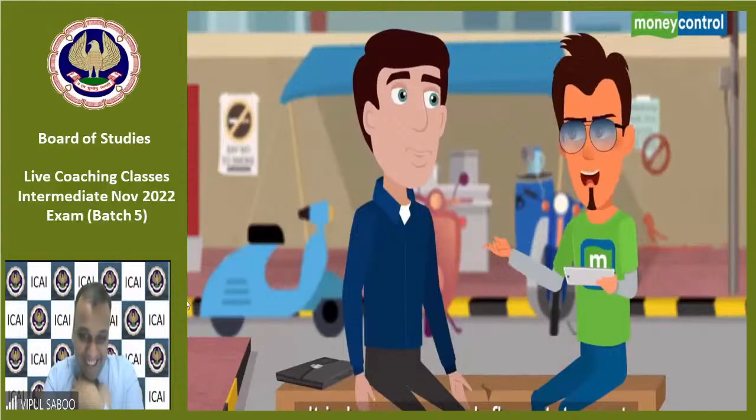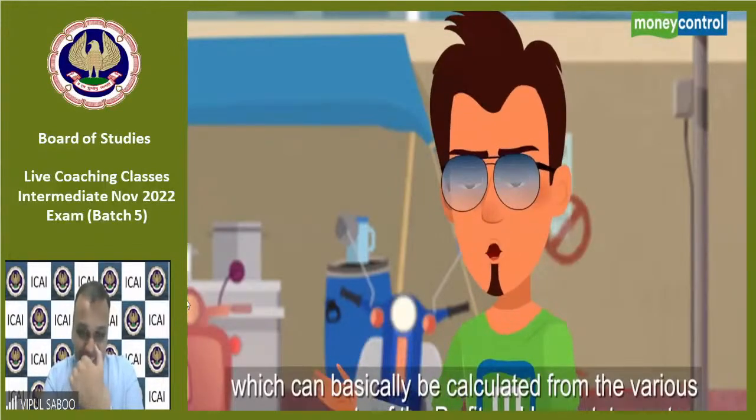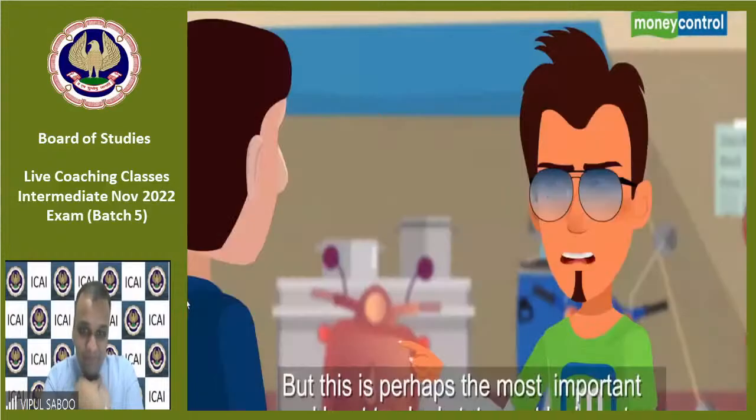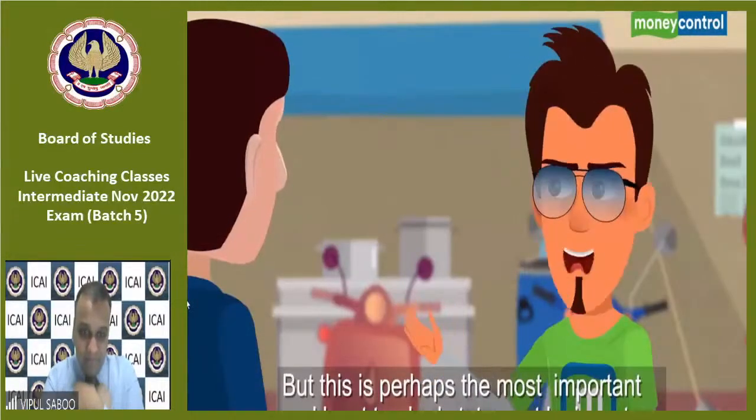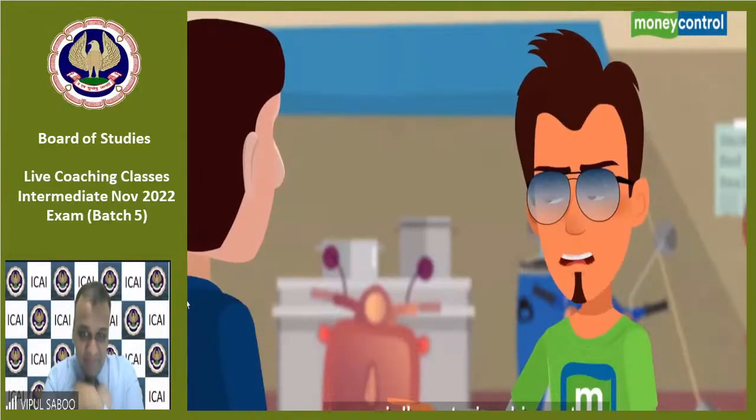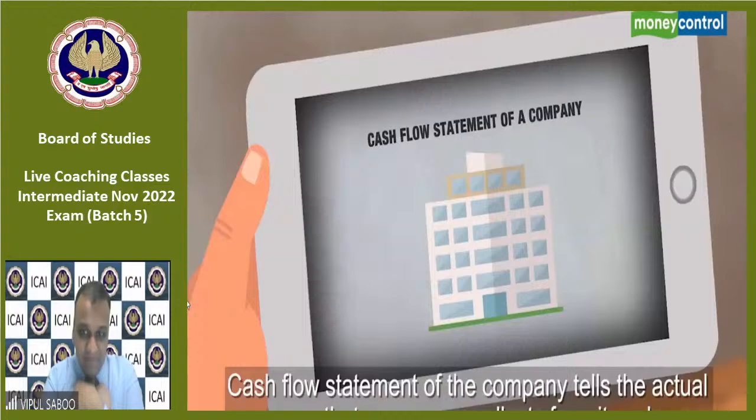What about the third statement that business reports? उसको कैश फ्लो स्टेटमेंट कहते हैं, which can basically be calculated from the various components of the profit and loss statement and the balance sheet. But this is perhaps the most important and least tracked statements by the investors, especially untrained investors. Cash flow statement of the company tells the actual money that a company collects from its sales and providing for